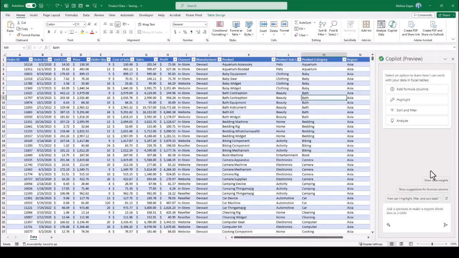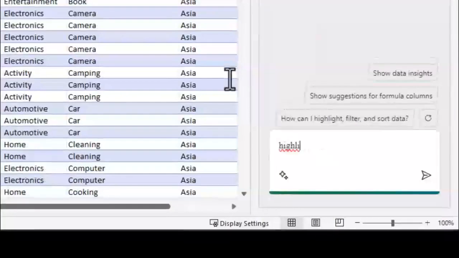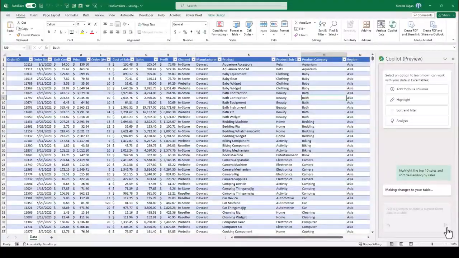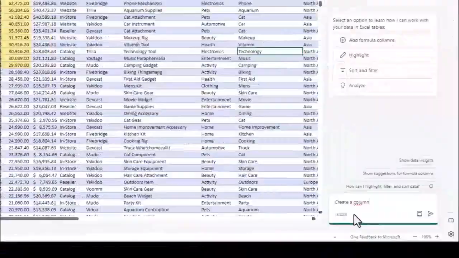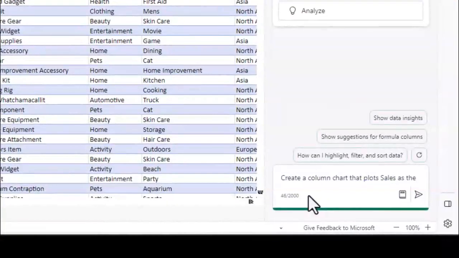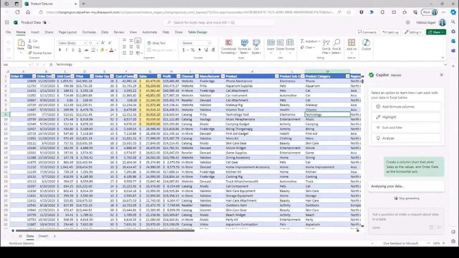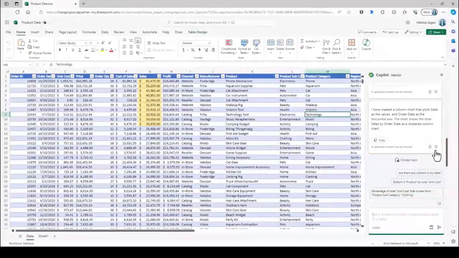In Microsoft Excel, we can use Copilot to format and analyze our data. First, let's find the top 10 sales and highlight them. Copilot will apply conditional formatting and a sort order to find the top 10 sales. We can also use Copilot to create charts and analyze our data. If we like the chart, we can add it to our workbook.